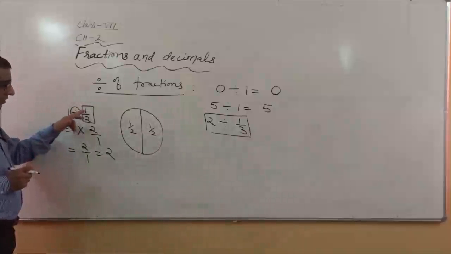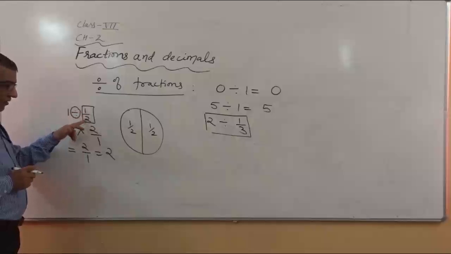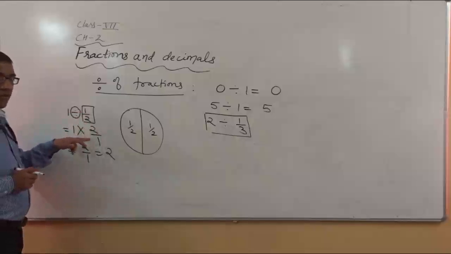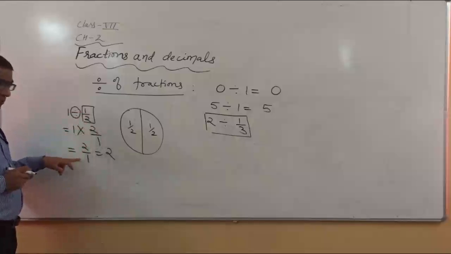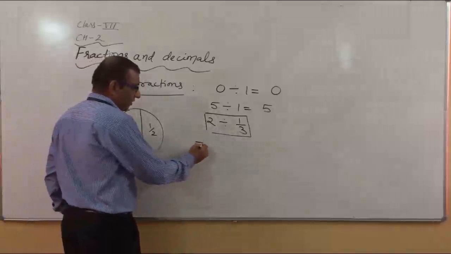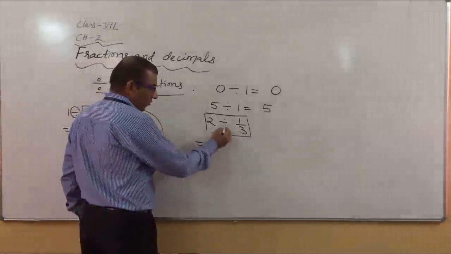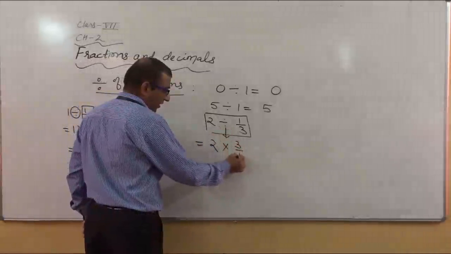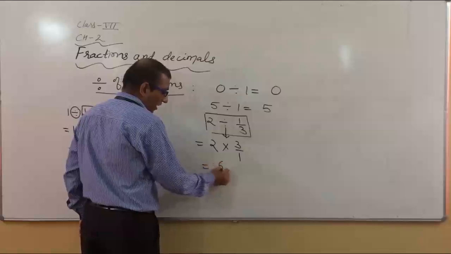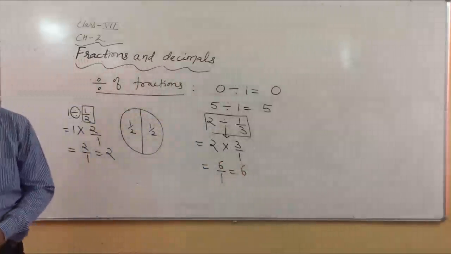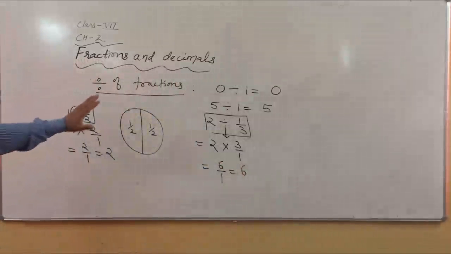So we will take the reciprocal of 1/2, and it can be written as 2/1. This is the concept, whole number multiplied by the fraction. So it becomes 2/1, it becomes 2. If you apply the same concept here, what will come? If you want to solve it, you convert this division symbol into multiplication. So what will you get? 3/1, and when you solve, it becomes 6/1 and you will get 6. So this is the simple division.